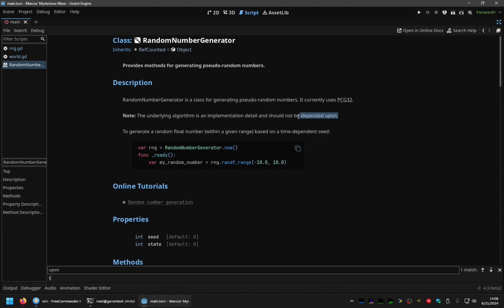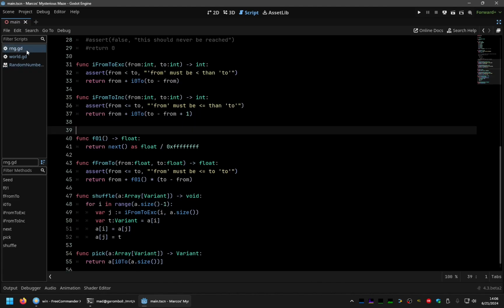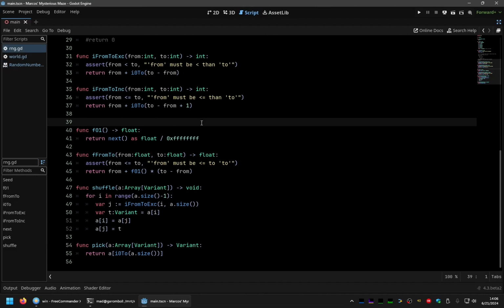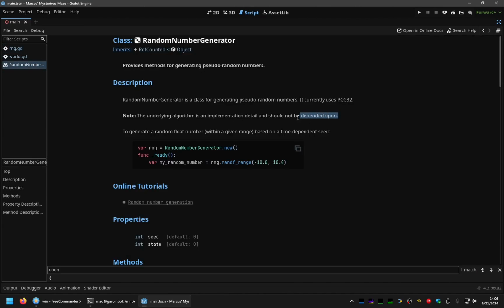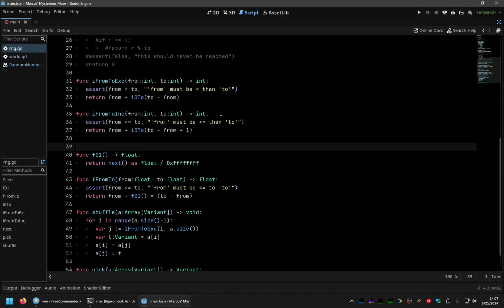So that was the reason I coded my own random number generator, so as not to depend on the implementation of Godot. But I realized that it was being a bit slow because obviously it runs on